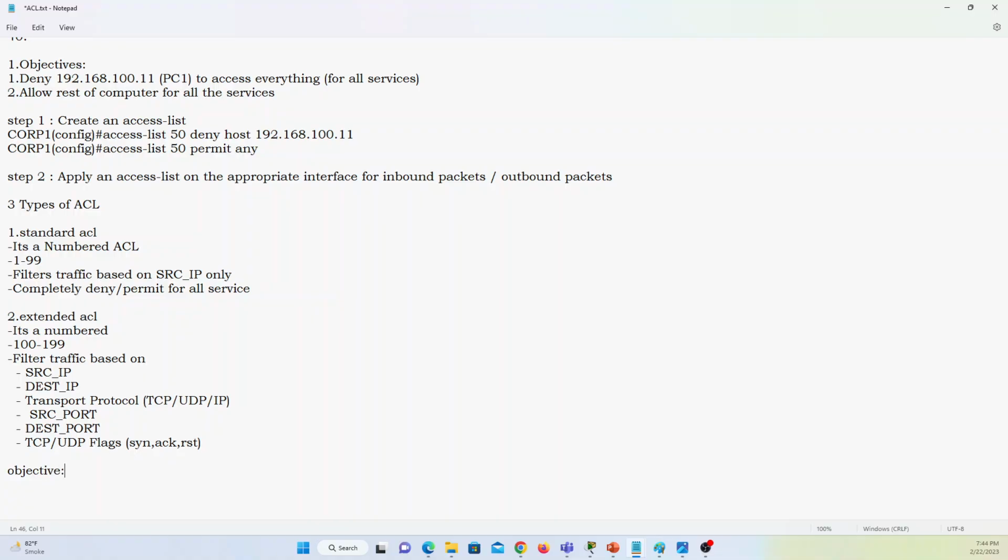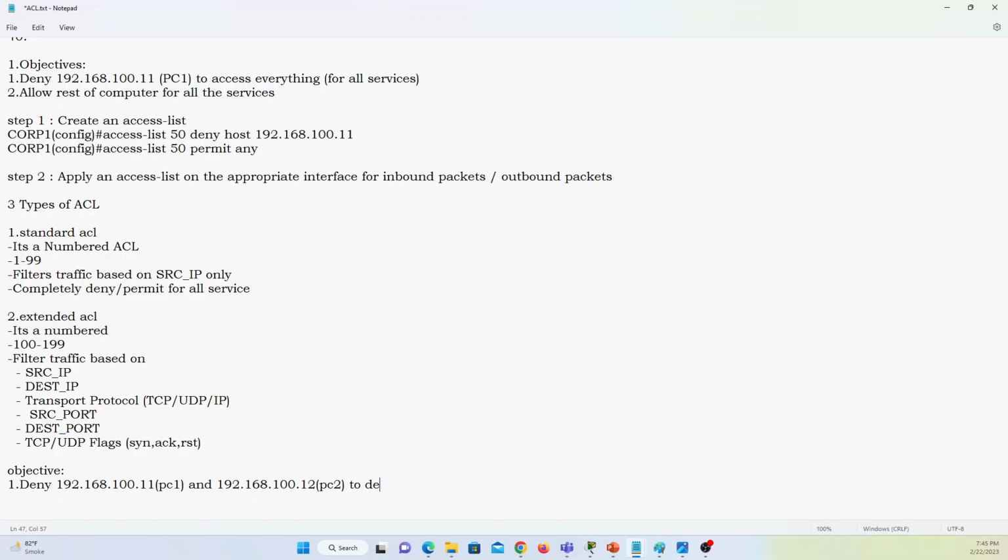Number one, deny 192.168.100.11, which is PC1, and 192.168.100.12, which is PC2. We have to deny these two computers whenever they are going